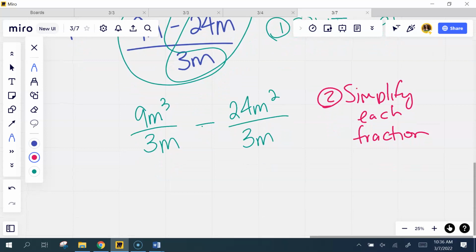So now I'm back to my exponent properties, right? 9 divided by 3, 3. If I have 3 m's up top and 1 m in the bottom, m squared, that's exactly right. Minus, what's 24 divided by 3? 8. 2 minus 1,